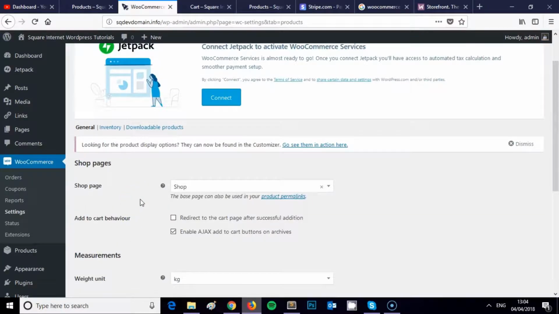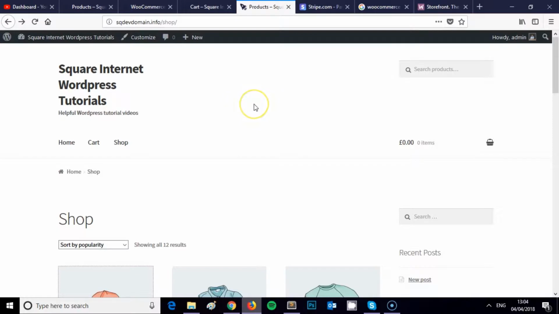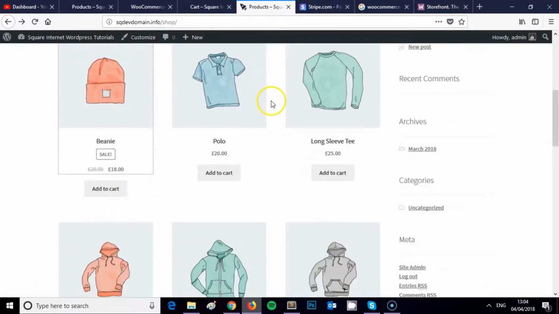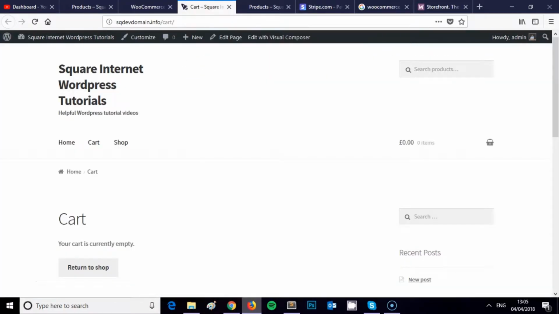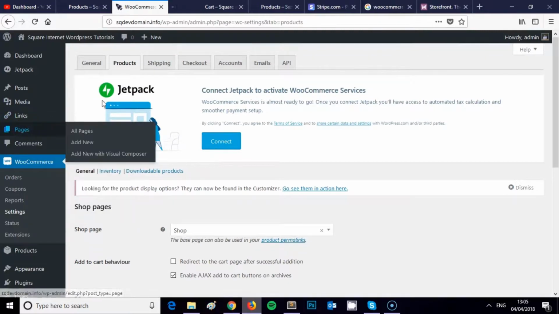Obviously the actual shop is the most important part of a WooCommerce online store. Once you've installed the Storefront theme and the WooCommerce plugin and it's all activated, the first thing to do is to set the shop page. Storefront does this for you by default, so you wouldn't have to do it, but if you wanted to change where the shop page was or move your shop to another page on your website, you could do it by using the WooCommerce shop shortcode. And just to show you theoretically how that would work,